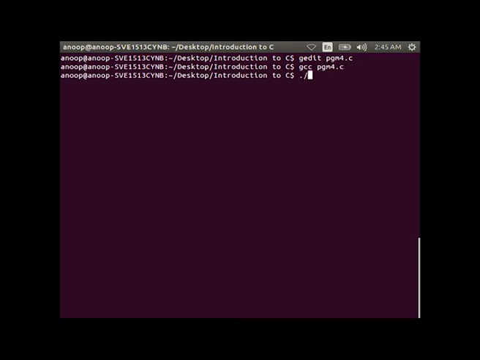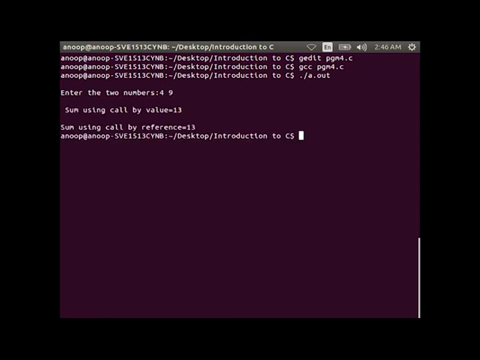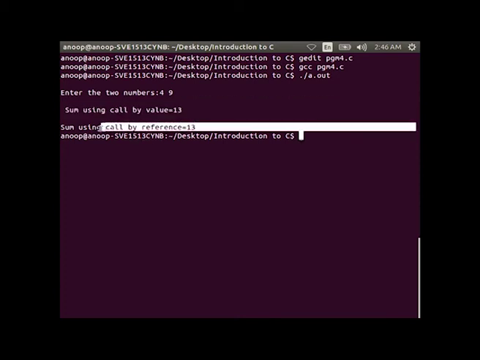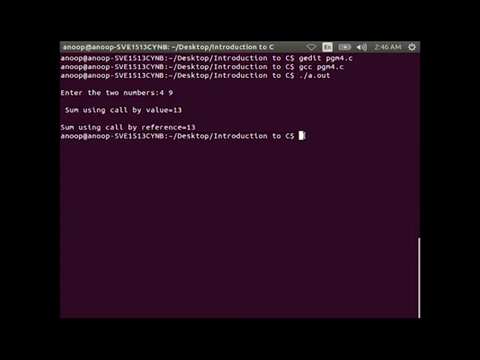You can see that the system prompts for enter the two numbers. Suppose you are giving 4 and 9 as input, the output will be sum using call by value equal to 13 and sum using call by reference equal to 13.